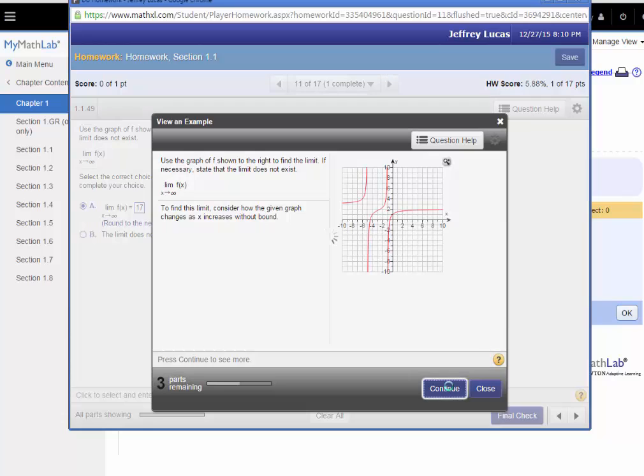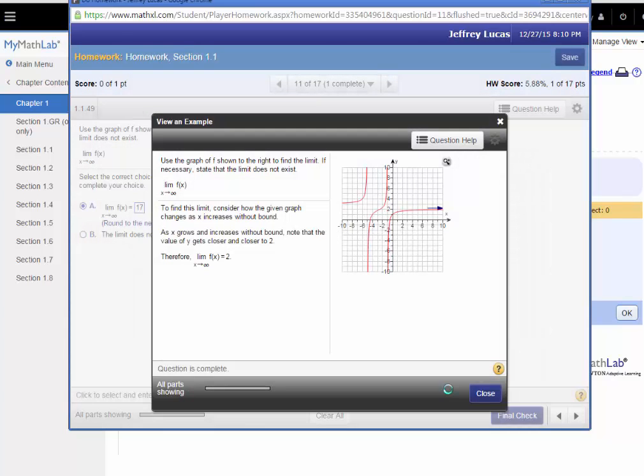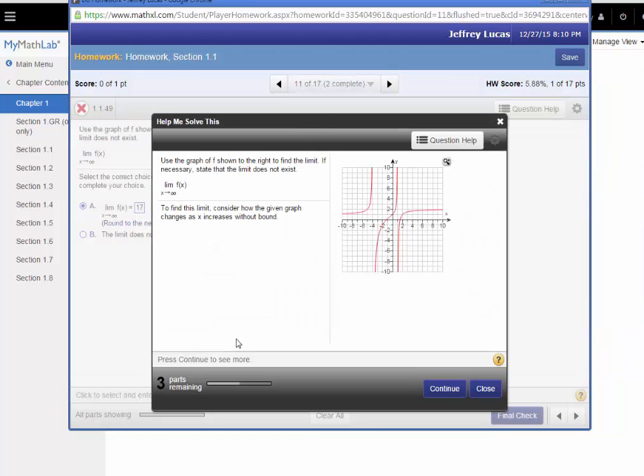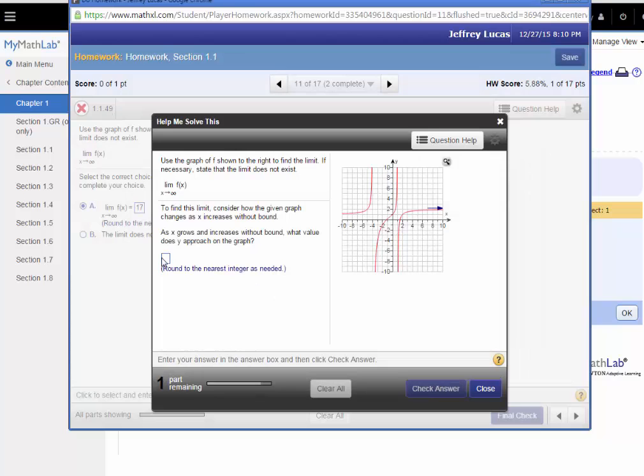It explains how it works, some steps, how you get the answer. Or you can say, help me solve this. And it'll take you through the problem slowly, and sometimes you'll have several steps along the way to work through the problem,